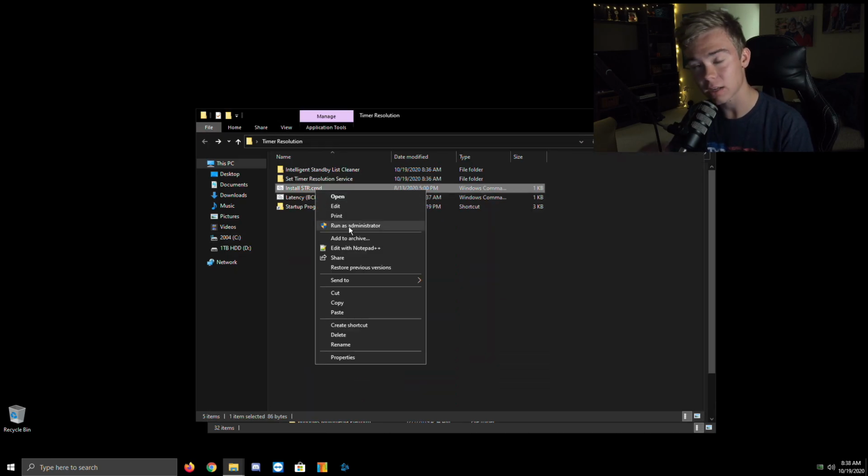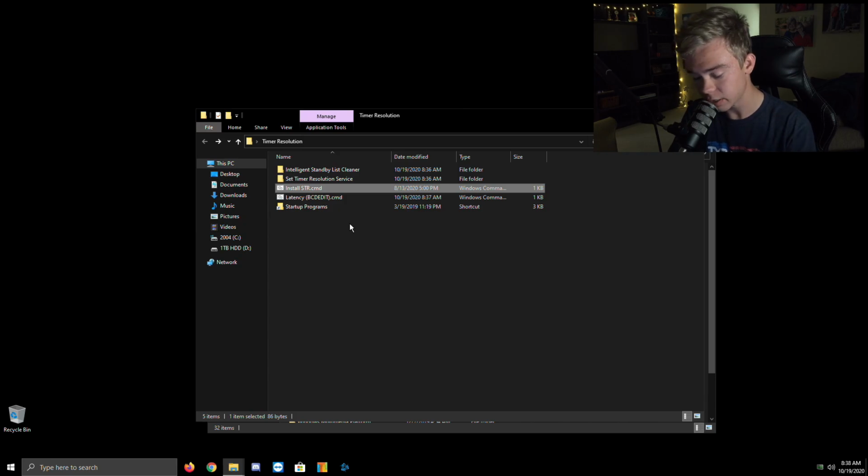Then you're going to right click this install str set timer resolution.cmd. You're going to click run as administrator. It'll run it. Then you're going to hit